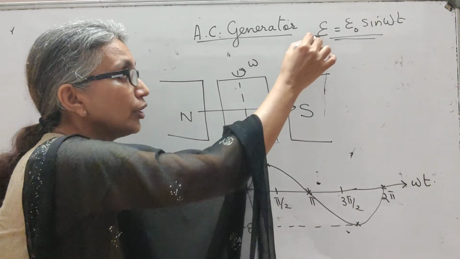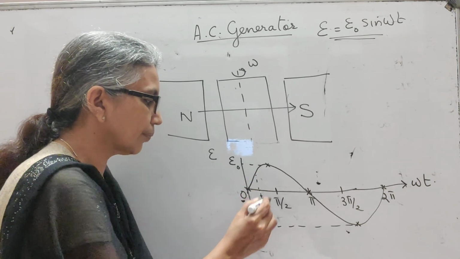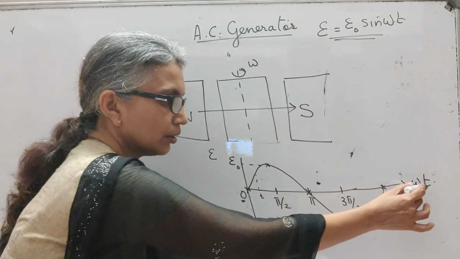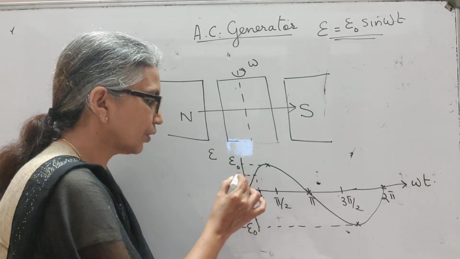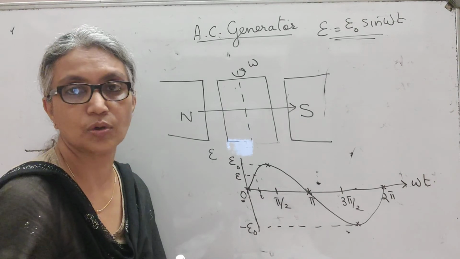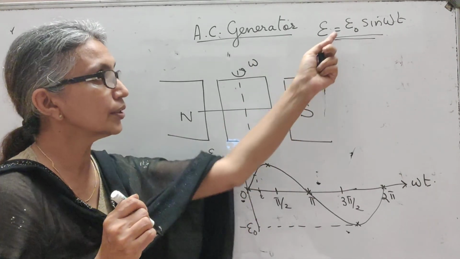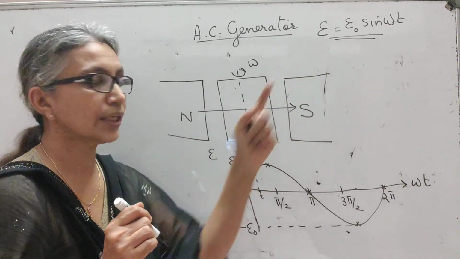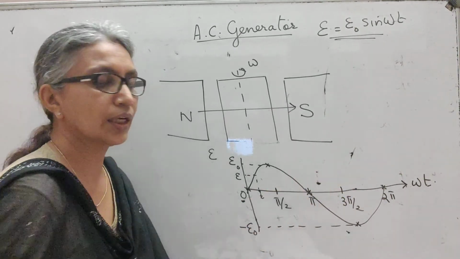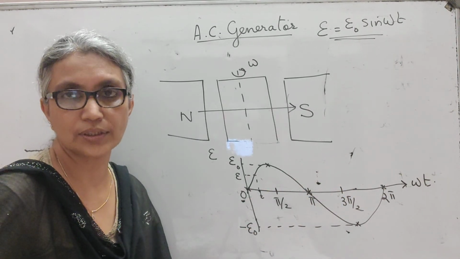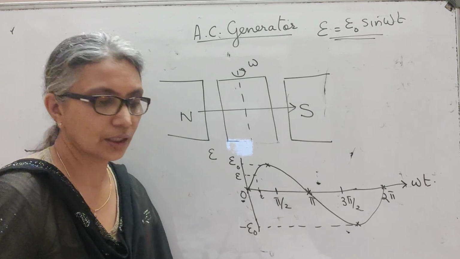And instantaneous value of EMF, for example, suppose at some instant of time, let's say the angle is here. The value of EMF at that instant is what you call the instantaneous value of EMF E. This is the peak value. And from sin omega t, you see that the EMF continuously changes, and that is why we call it an alternating EMF. So that is actually the end of our 6th chapter.